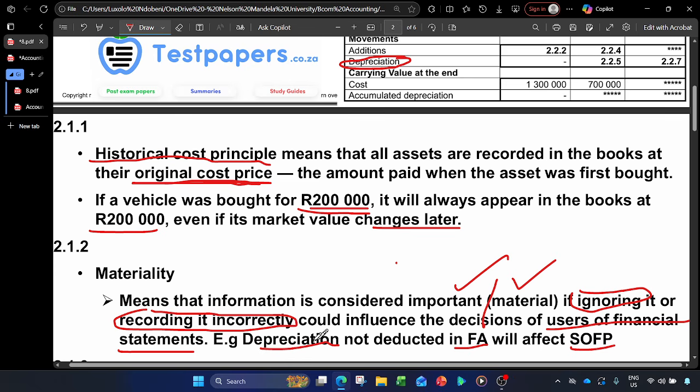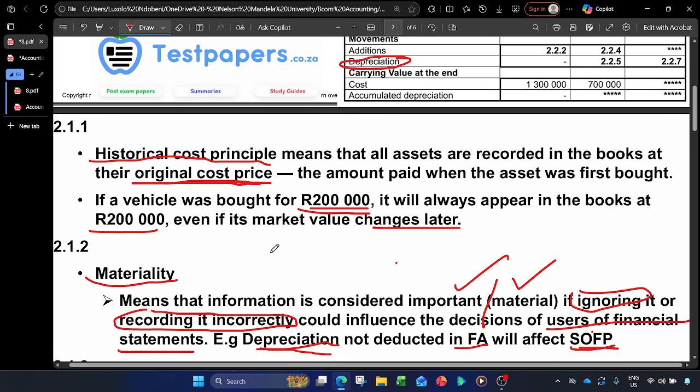So that means that, let's say for example, if now you didn't write off the depreciation against the fixed assets of which now you were calculating the carrying amount, that will affect your statement of financial position or balance sheet, and now that will affect the users of information. Maybe you don't know who are the users of information. So the users of information, these are the relevant stakeholders like investors, customers, business employees, business managers, and also people who would like to collaborate with the business and doing the business with the business, right?